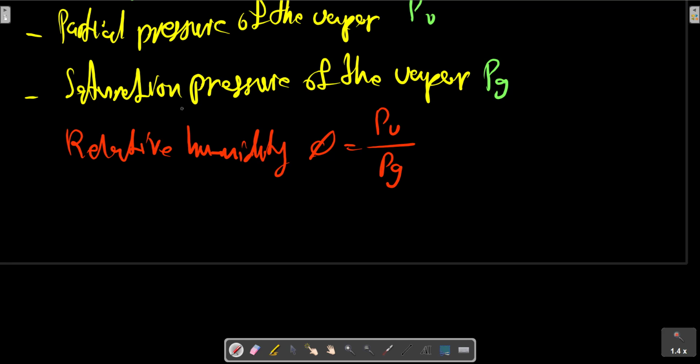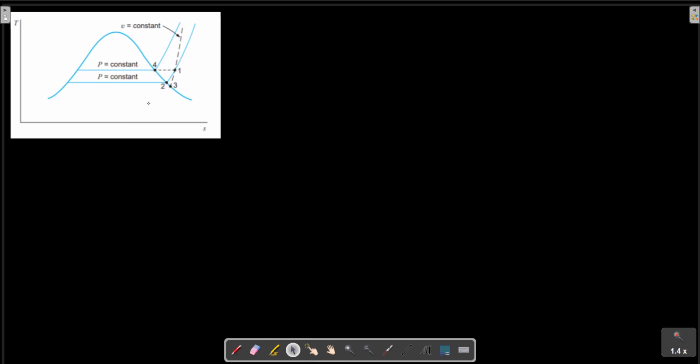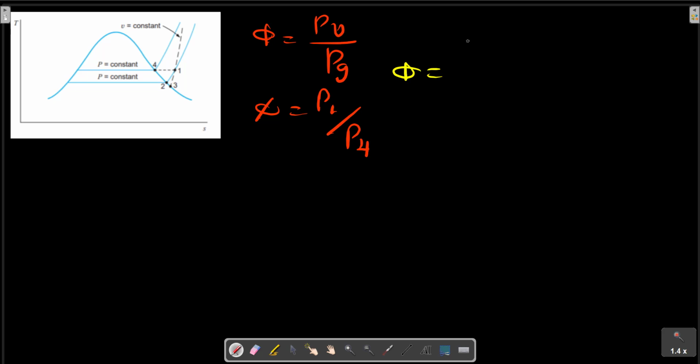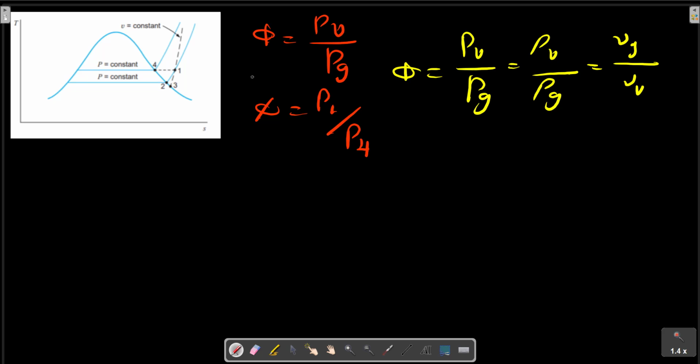In terms of numbers on the TS diagram of the picture here, relative humidity phi equals PV on PG, or P1 on P4. Since we are considering the vapor to be an ideal gas, the relative humidity can also be defined in terms of specific volume or density. So we can write phi equals PV on PG, or rho V on rho G. The humidity ratio omega